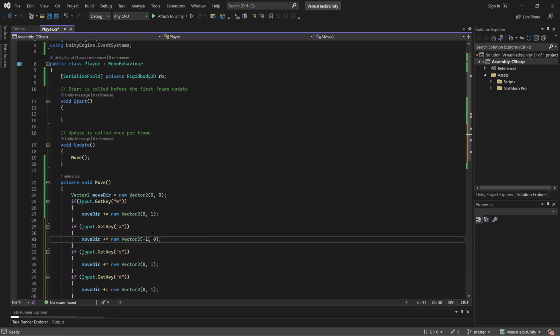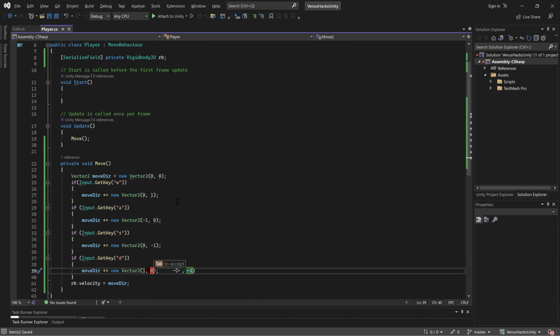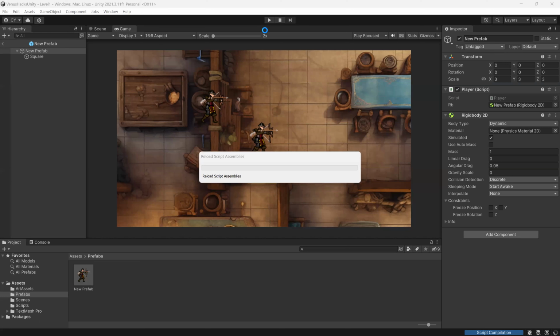So A should be to the left, so that's -1x. S should be down, so that's -1y. And D should be right, so that's +1x, 0y. And now, if we go back,